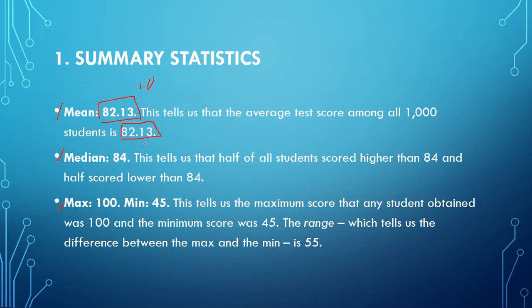When you see the median, it means the middlemost value after arranging the data. When you see the example of mean, median, mode, these three should be interrelated, with only minor differences. Now you go for dispersion: maximum is 100 and minimum is 45. By using the range formula, range is 55, maximum minus minimum.